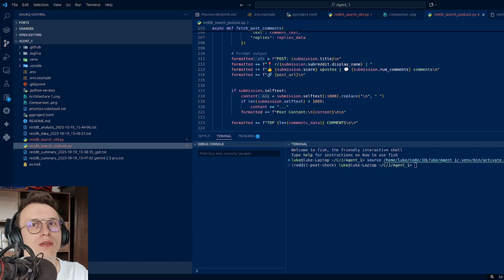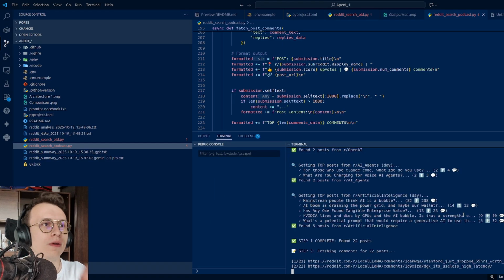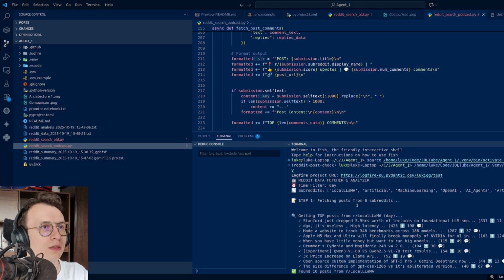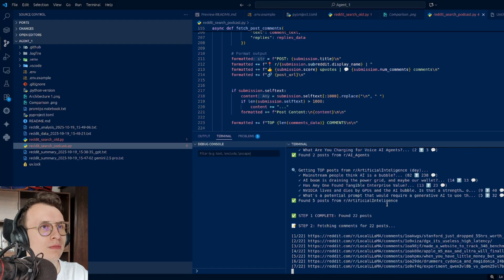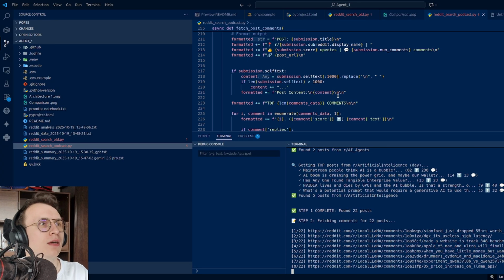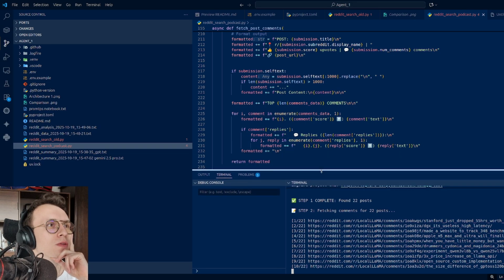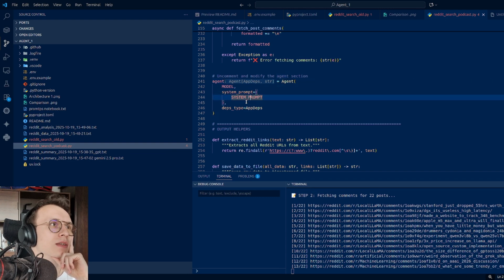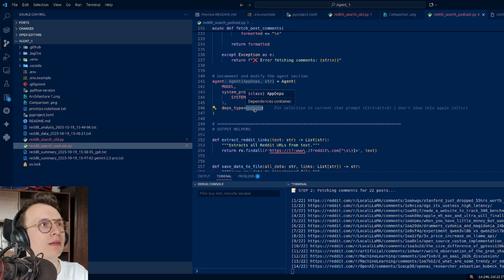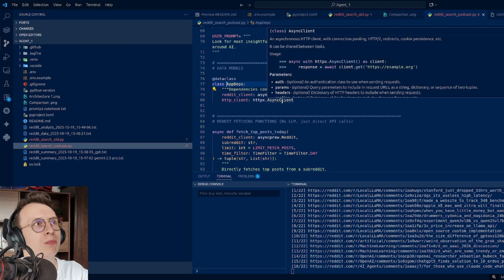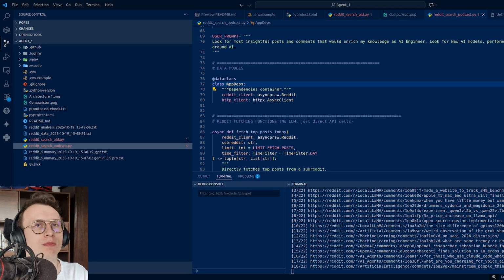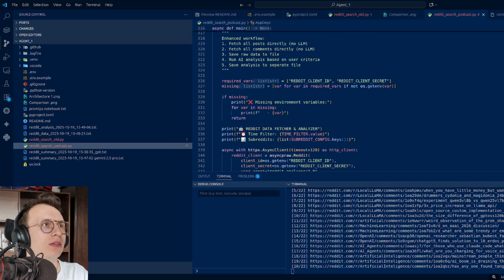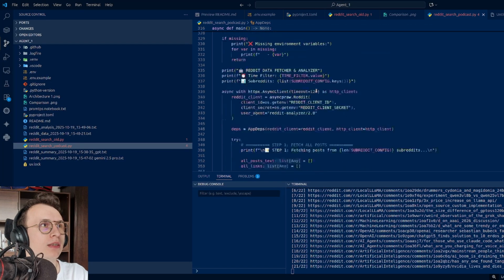Okay, so here we see that I fetched posts from 6 subreddits, and now I'm fetching comments. So will we go through it? Let's go a bit down. So yeah, this is the agent using Pydantic. So my system prompts and the dependencies that were at the beginning. So Reddit client and HTTP client. I use everything in async because it's faster. And we don't want to wait because you can then make multiple calls at the same time and so on. So we want everything in async, basically.